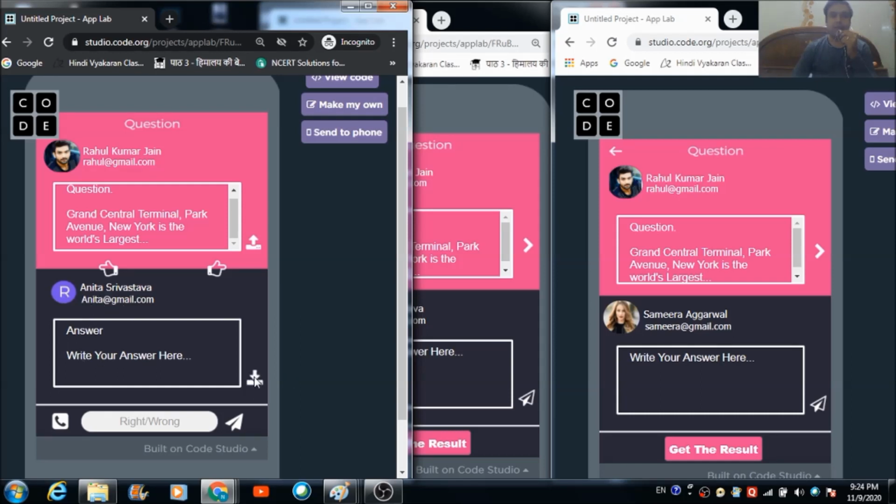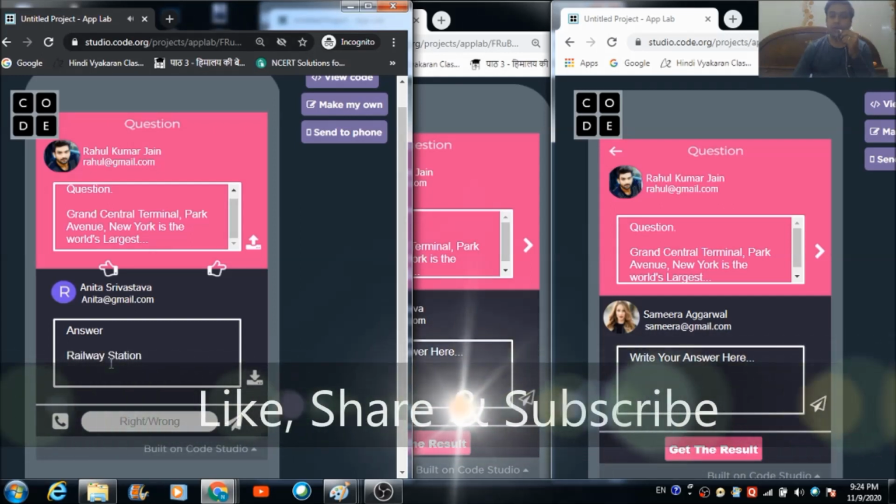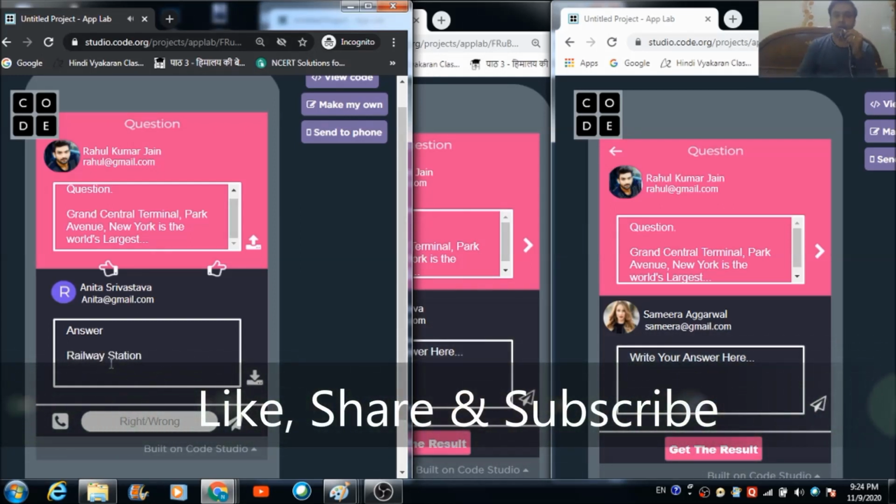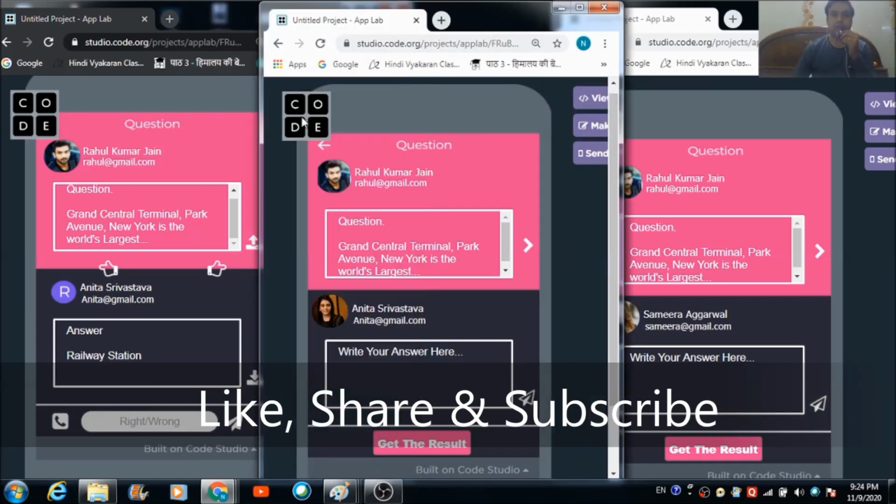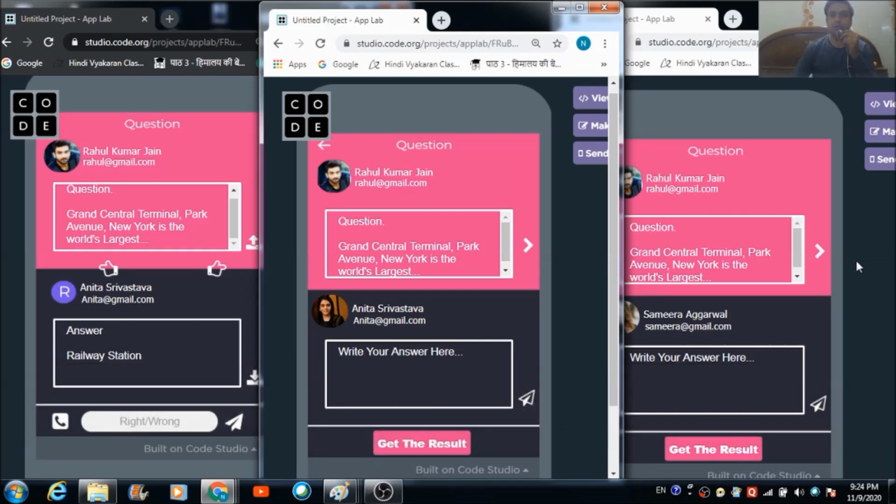And after that, there is a button which he can make use of for receiving the answer of Anita. So this is what Anita has responded with. This is the answer of Anita for this question which Rahul has given to both of them.